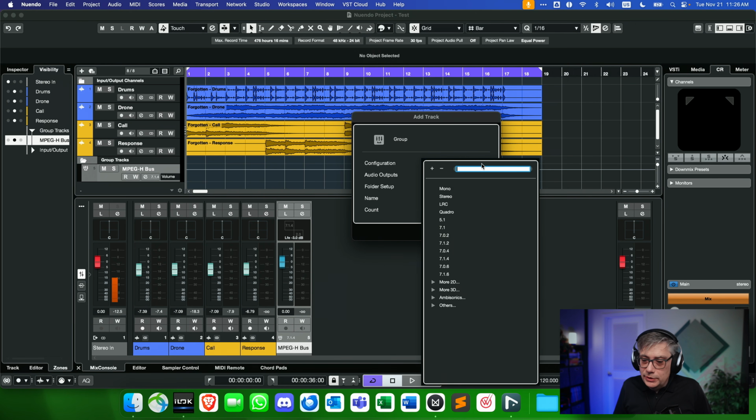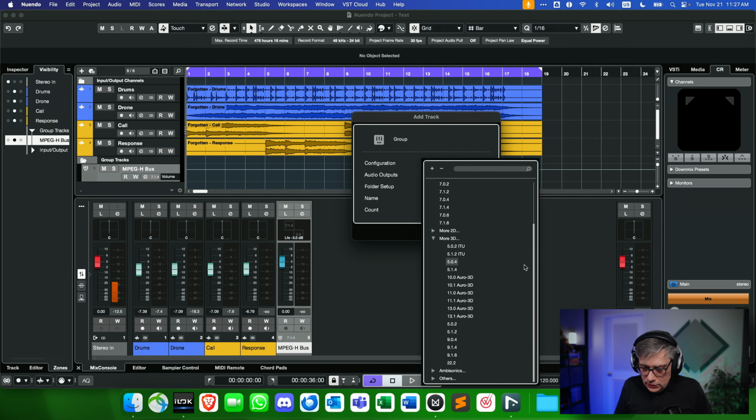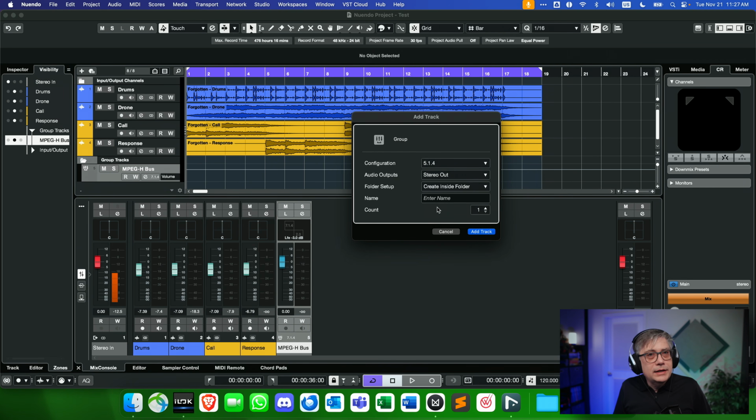In MPEG-H, what we can do, for example, is let me just go down here, I'm going to use a 5.1.4 layout, and MPEG-H will be able to actually do that. So let's call that MPEG-H bed. Let's add that